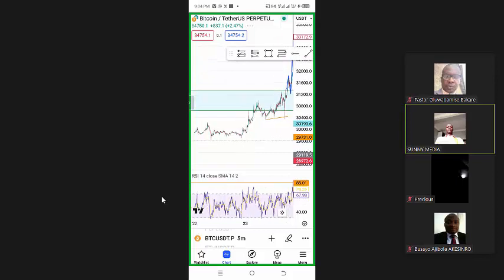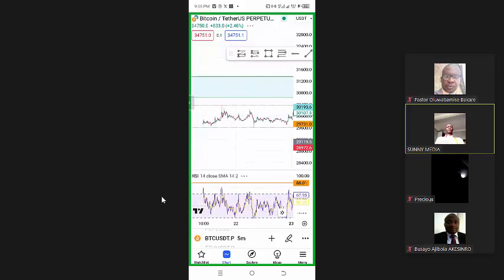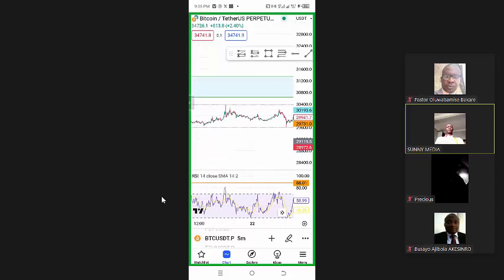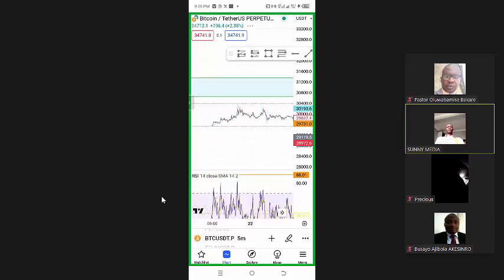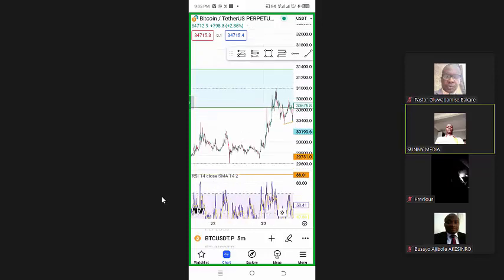Okay, for instance, let's say you want to trade a range. If you want to trade a range, it's also the same concept of market structure, but sometimes the price can be quite